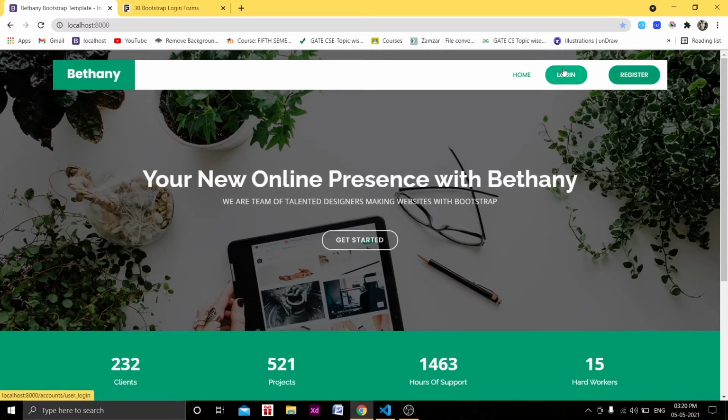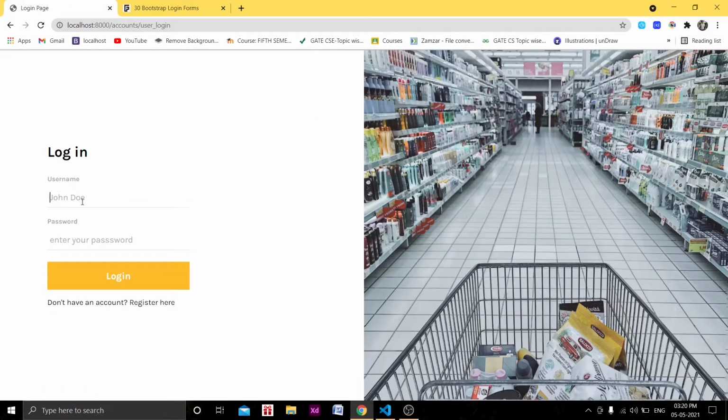Another thing that we need to add is messages. What if the customer adds a wrong username or wrong password? Then he should get some message, right? So if I add test, and in the password, let's suppose test123, I entered a wrong password, which is not correct. And when I click on login, nothing happened, it just redirects us to that page. But we need to add some messages.